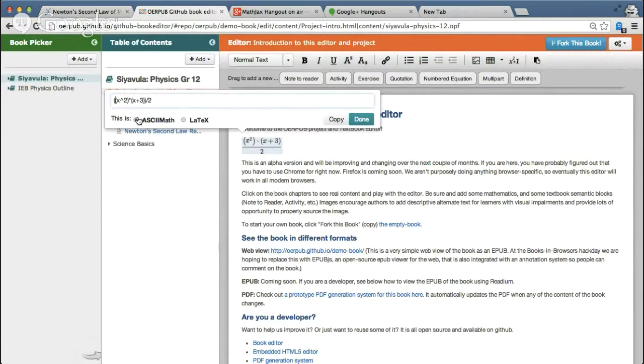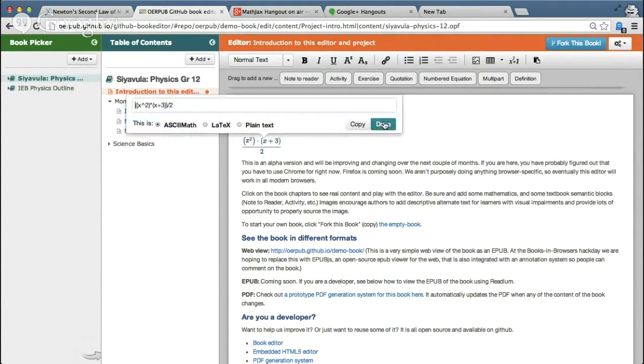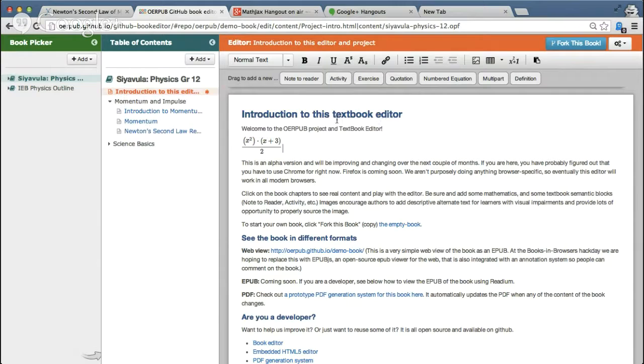Okay, and you can choose between ASCII math or LaTeX. And then once this is saved, it ends up being saved as MathML, which is what we use for generating our ebooks and PDFs and everything else.